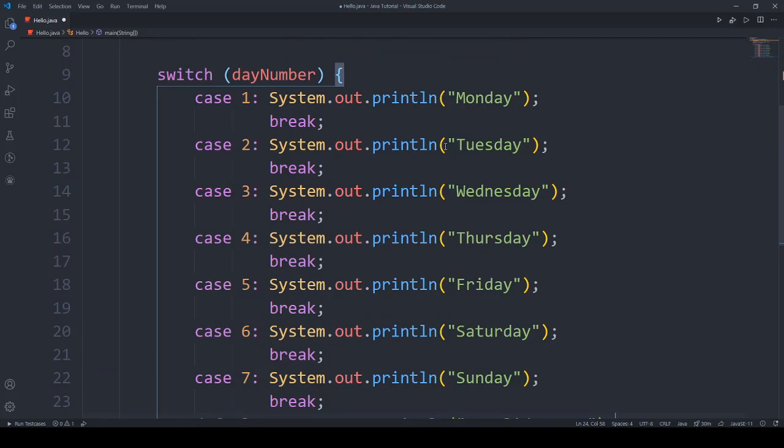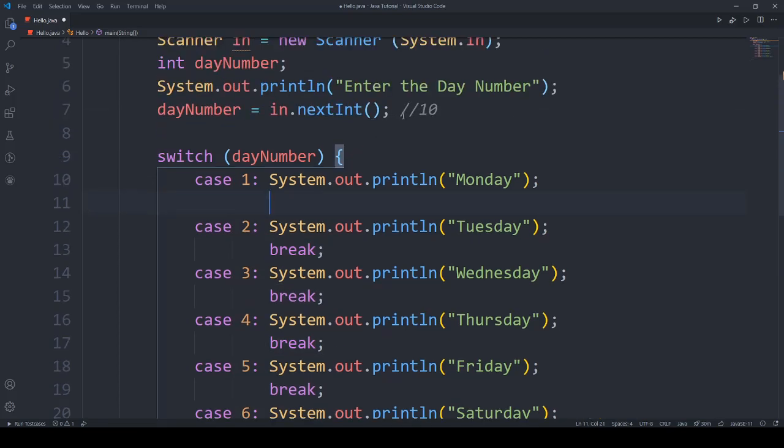Now let me tell you about the break statement. Why do we write the break statement? Suppose I remove it here, and the user inputs 1. So we go to case 1 and we print Monday, and then we come to the next line. In the next line it will continue to print Tuesday as well, right?